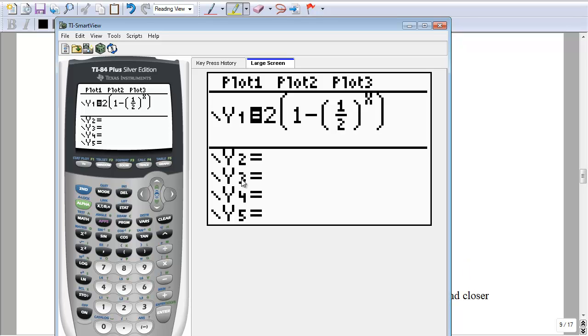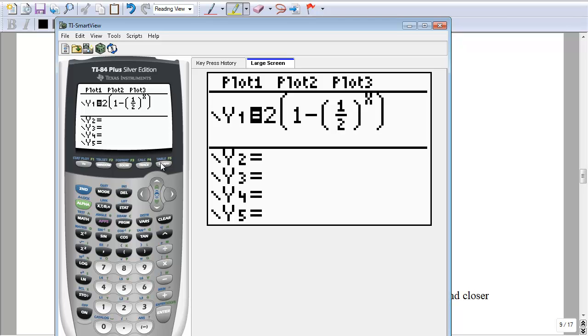We will key this expression for the sum to n terms of the geometric series into the equation editor of the graphic calculator, and we proceed to look at the